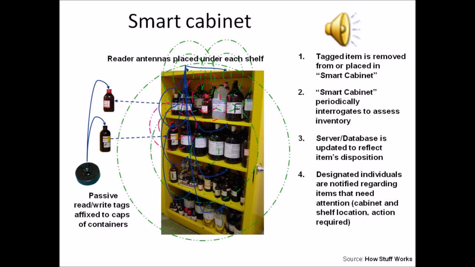This is another example where you have a smart cabinet. So you can have a smart fridge as well. You can put a lot of items in, and it can tell you whether a particular item has gone out of stock, or whether you need to stock more, or you have to order something. So it can come in handy. You can have either passive or active tags as well.